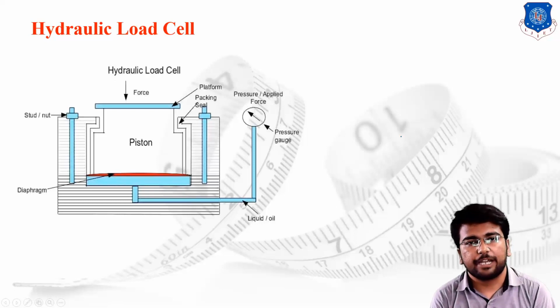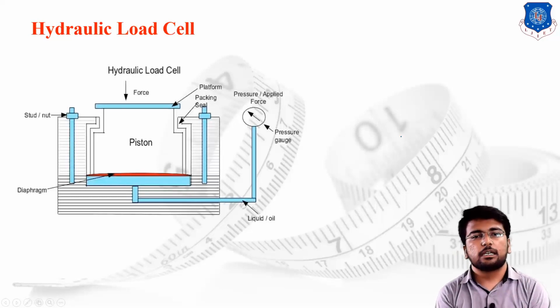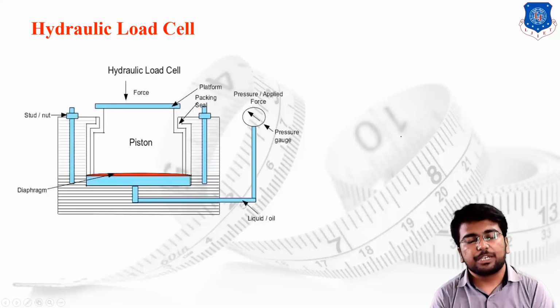There is one drawback about the hydraulic load cell system. The very basic drawback is, if leakage has been generated, then there is no proper way to make sure that your system will not be harmful, or we can say your system will not become oily due to the leakage of the loading oil. We have to maintain the oil or the liquid which is filled inside the system properly. The piping system must be checked regularly. If there is any chance of leakage, then you have to repair it as soon as possible. Other than that, you are not supposed to use the hydraulic load cell.